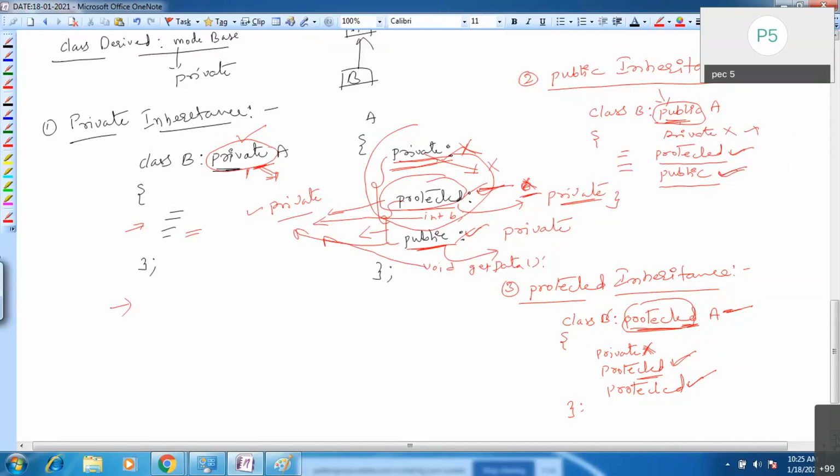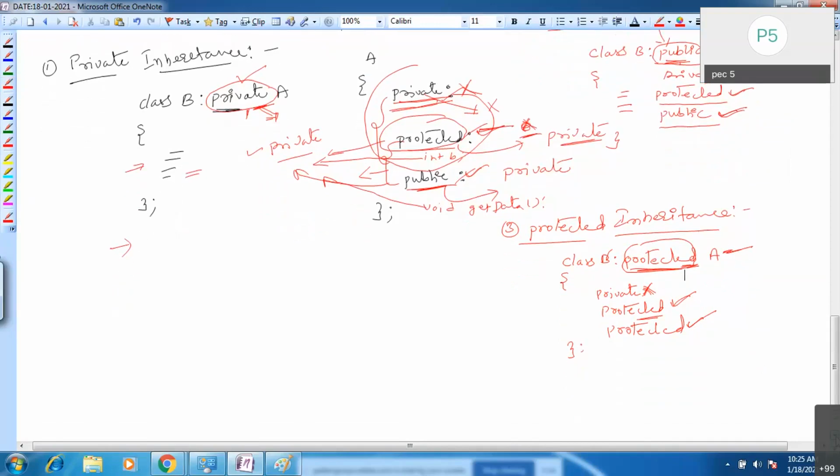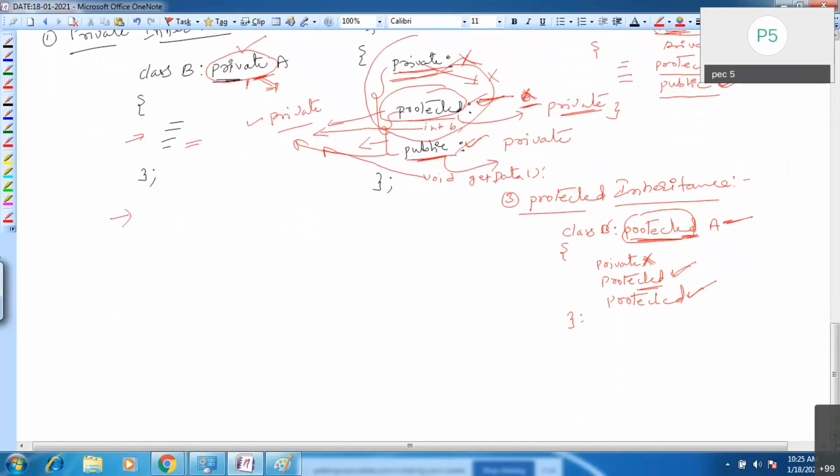Okay, finally, I think time is over. I will give all these modes in one single diagram, a single table. But it takes a little bit of time. We don't have time.